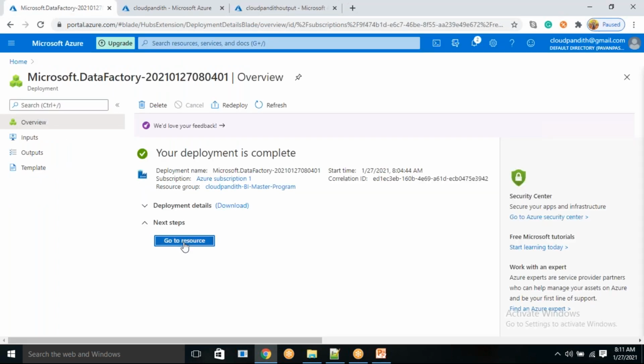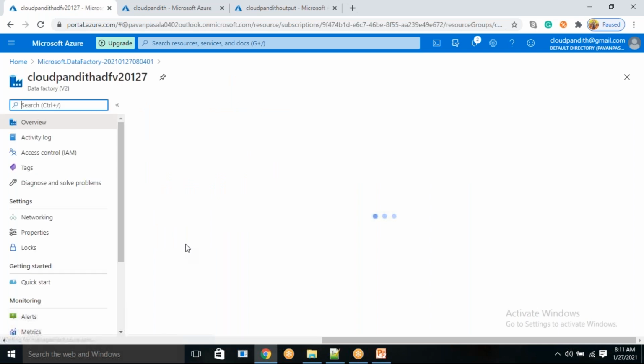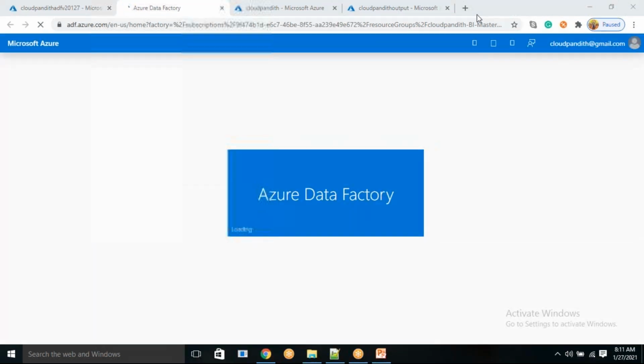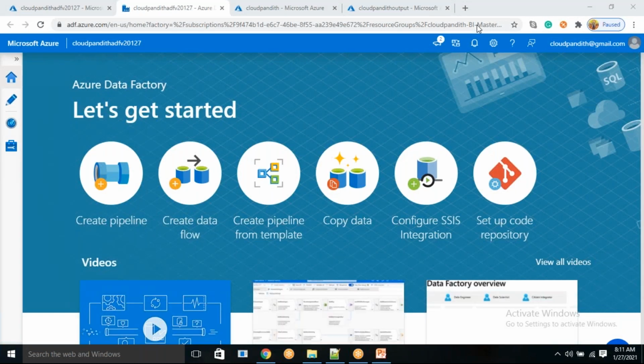For that, come to Data Factory, click go to resource, click Author and Monitor.